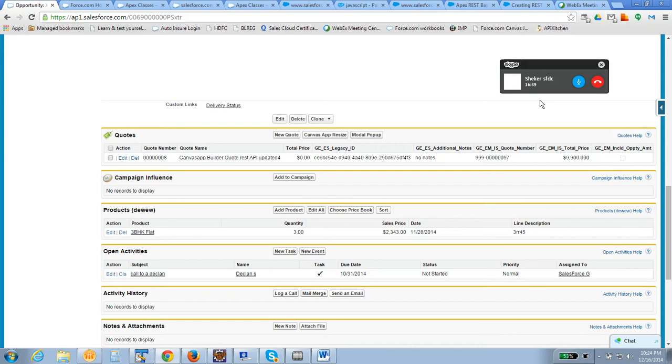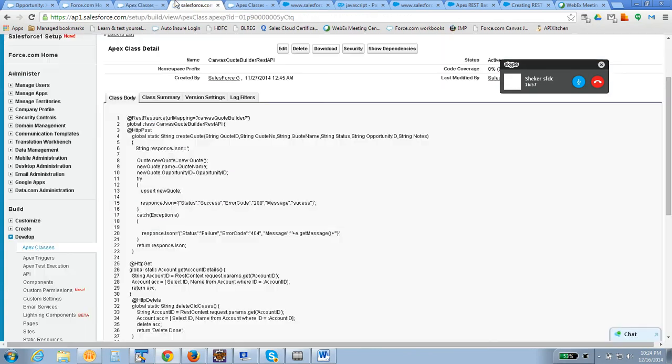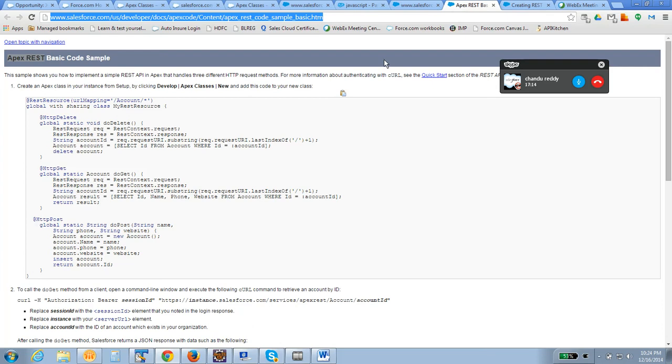So later, once you get the authentication token, same as usual how we call that other API, we can call this API also. Now our URL is nothing but the canvas code builder. Before that, we have to prefix it with the instance URL. After that, you have to suffix it with services apex rest.